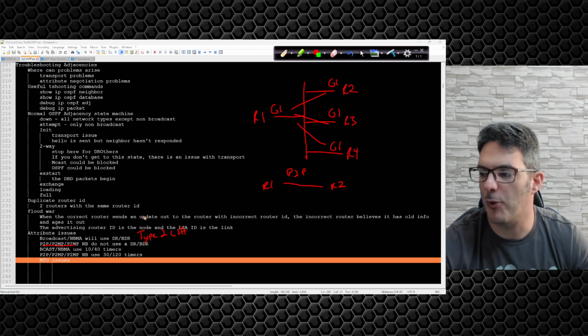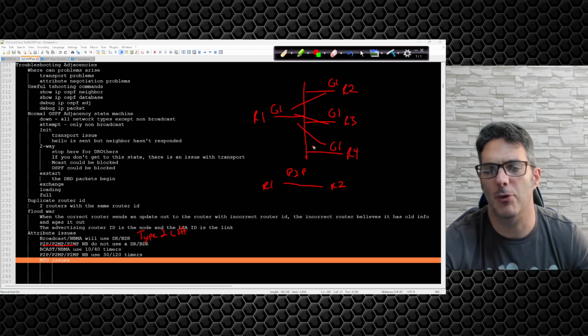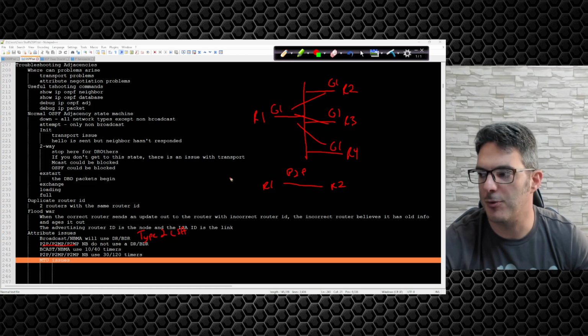Point-to-multipoint would be very similar to this, and we're going to demo point-to-multipoint because it's a network type. This will come into play when we start talking about things like DMVPN and how you can communicate back and forth, phase 1, phase 2, phase 3, stuff like that. So when we go to configure point-to-multipoint, it'll be interesting to get down to brass tacks. But essentially when you're doing that, you're not going to use a DR/BDR, because you're going to assume whoever the